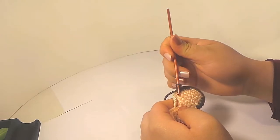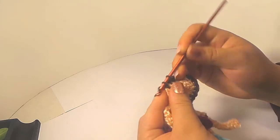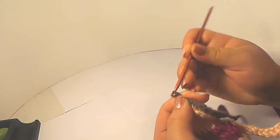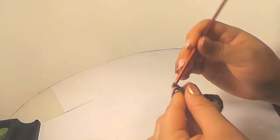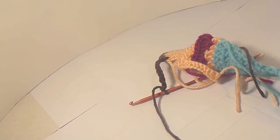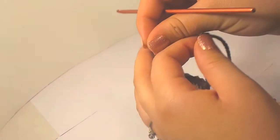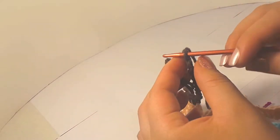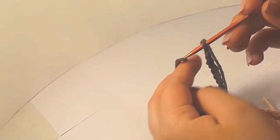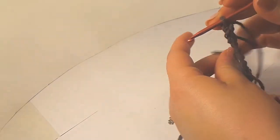Okay, so once you've got to the other line part of the head, then you're going to chain 10 again. Okay, so now you've created another slip loop. Then you're going to start on the other side of the hair,